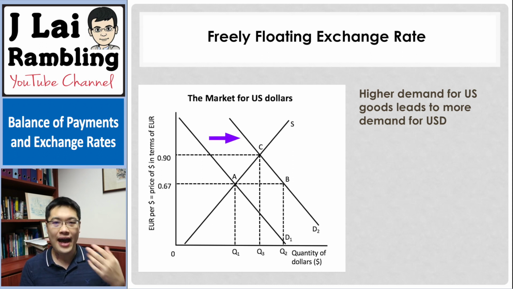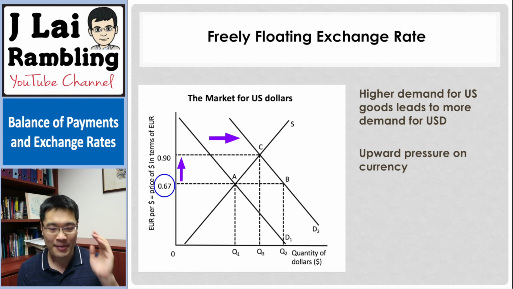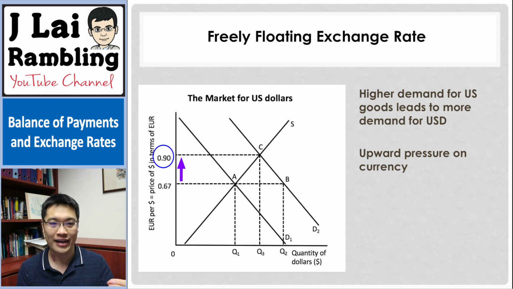A higher demand for US goods leads to more demand for US dollars, correct? Now, this actually puts an upward pressure on the currency. Before, I deliberately didn't talk about 0.9 because I don't want you to be confused. We've shown the rightward shift in the demand curve from D1 to D2, and we have just examined what's happening at 0.67. But we actually know that when the demand increases, the equilibrium exchange rate increases to 0.9 euros per